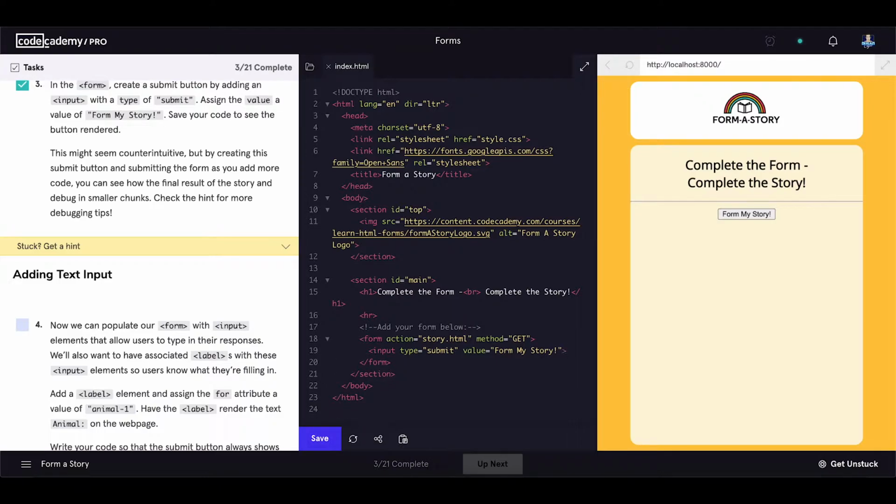And let's add those above the submit button. Label has the closing tag, so don't forget that. And let's set the for attribute for the label element to animal-1. Have the label render the text Animal: